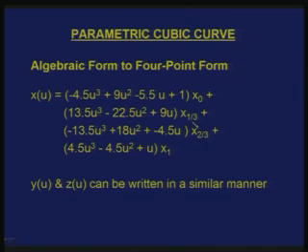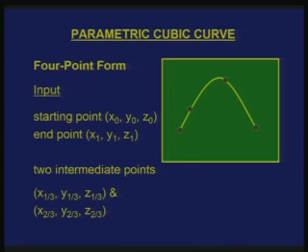Now, if I give the same points but different parameter values, like as I said 1 by 4 and 3 by 4, I may get a different curve. So, whenever you ask whether, given 4 points, you have a unique cubic curve, the answer is yes and no; it depends on whether it is a parametric or explicit representation which you are trying to use. Now, coming back to this form, it is always a question of how to choose the parameter values for the intermediate points.